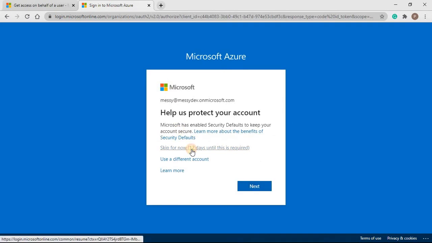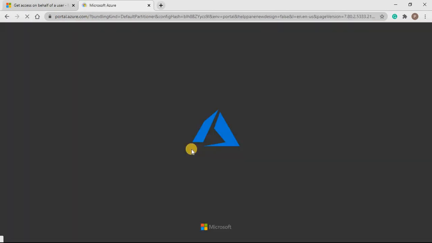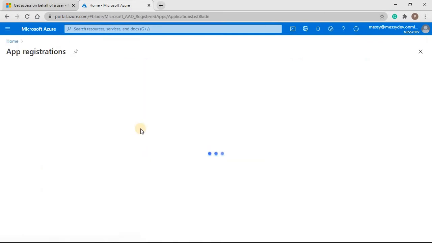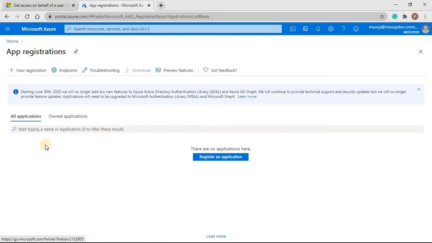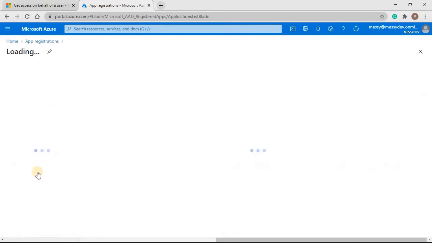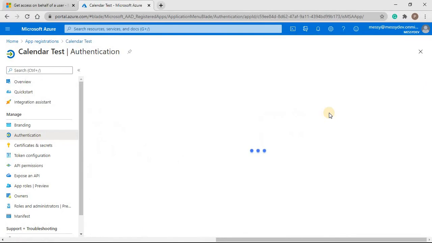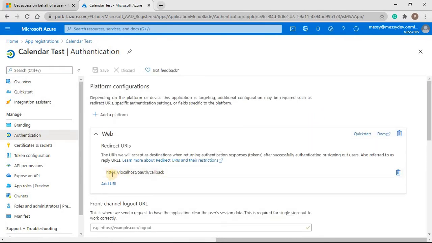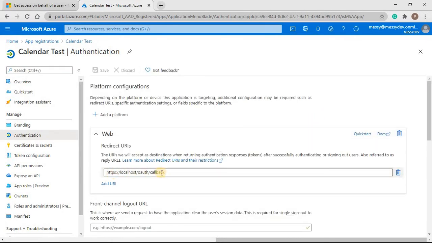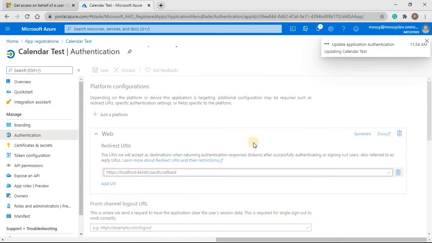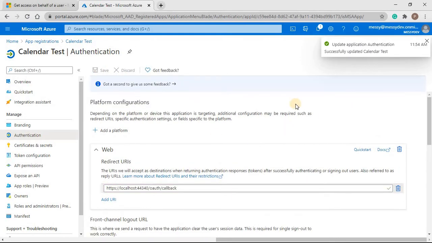So let's sign in, skip for now. Let's go to app registration, select the application we created, and let's go to our redirect URLs. So here we have added the redirect URL, but we are missing the port number, so let's paste it here and save it. Now we have added our redirect URL,